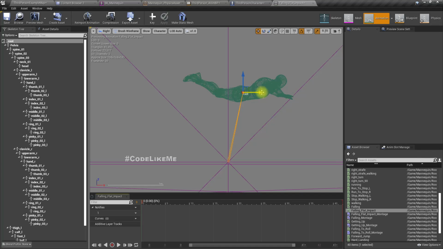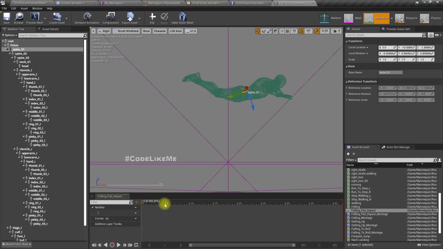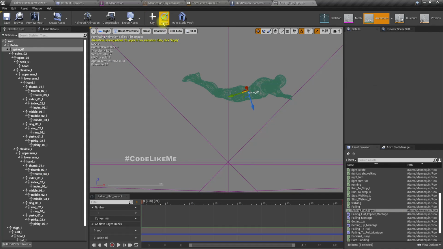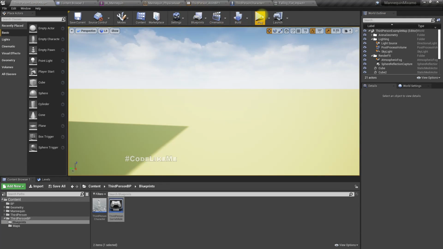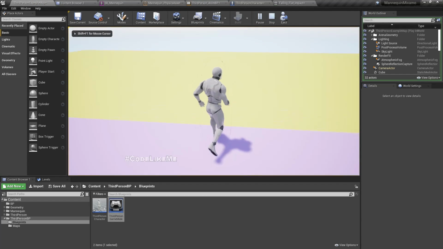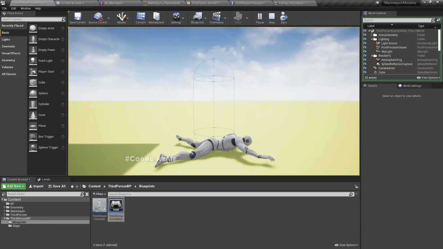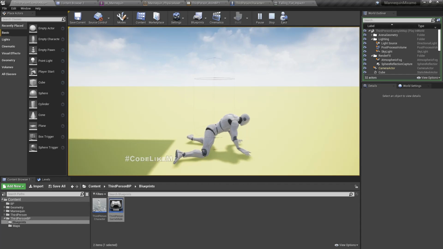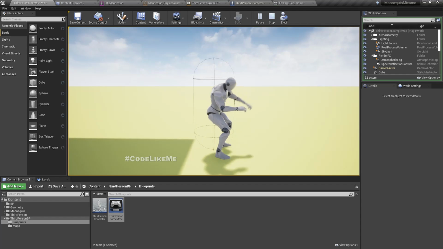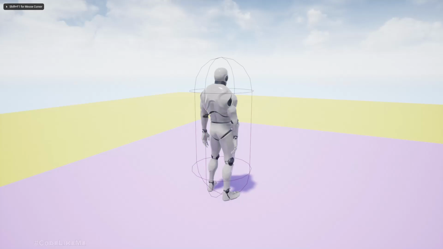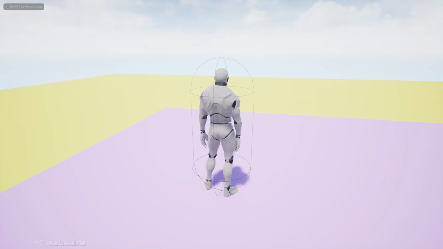Should be fine now. Let's add a key and apply. Yeah, now there is minimum sliding on the ground. Alright, now the system is working.